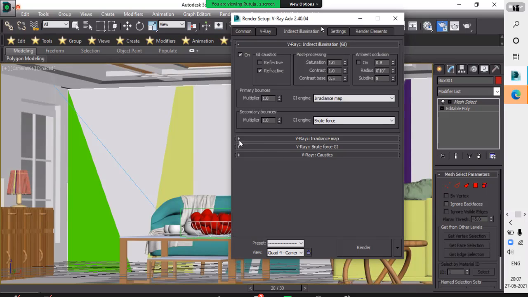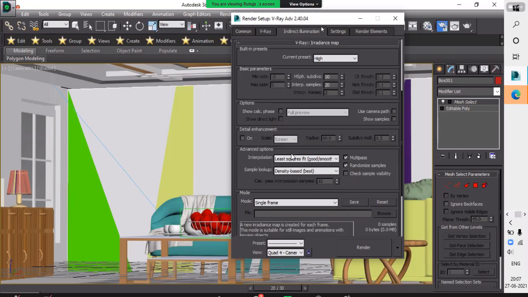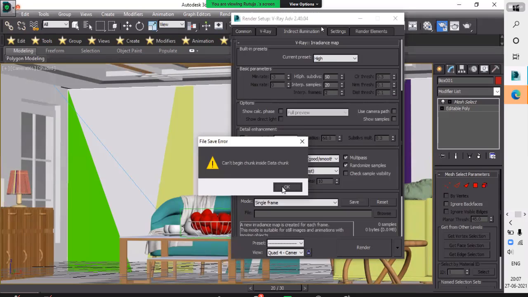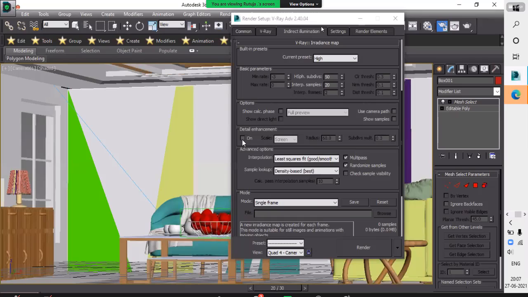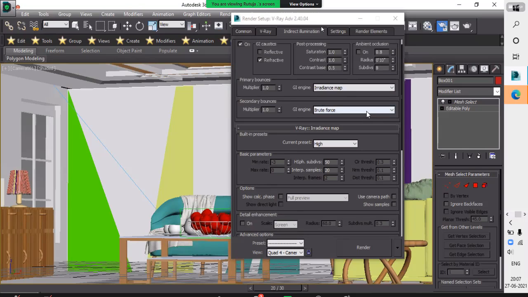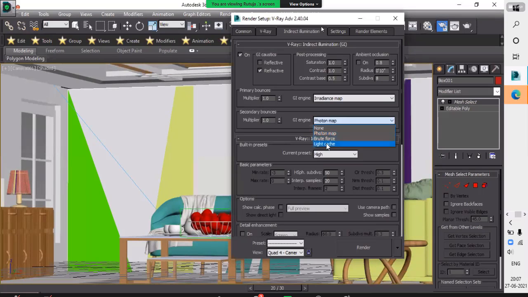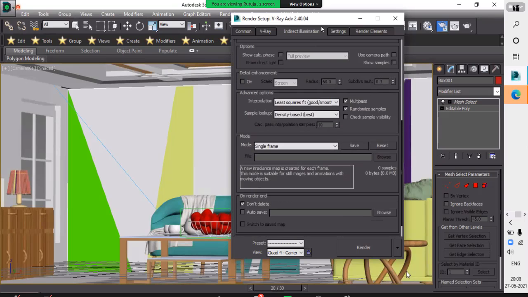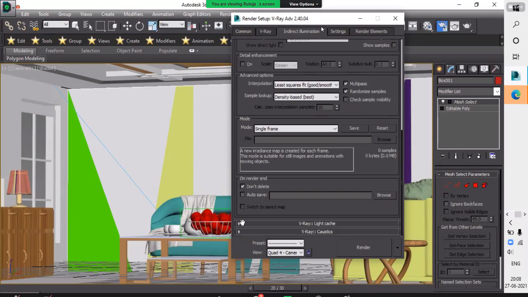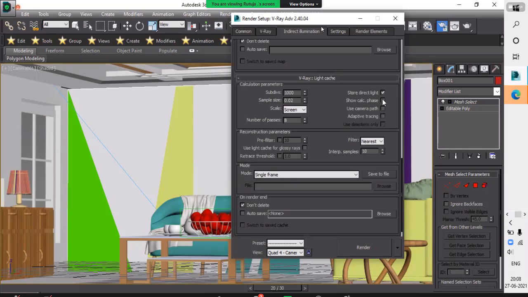Then go to the irradiance map, and take Light cache as the GI engine. Go to the light cache and open Show calc phase. Check Show calc phase on.